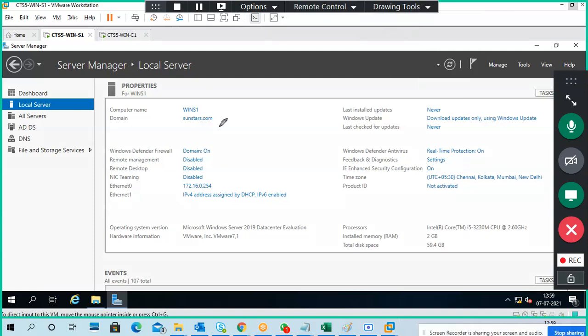So here we should understand very simply. The first question is what is group policy? What is the use of this group policy? How to create a group policy, apply a group policy, and verify the policies. The steps are: create the group policy, edit the group policy, link the group policy, update, and verify. Okay, these steps are important.